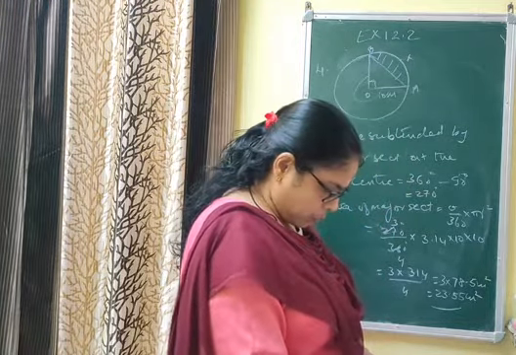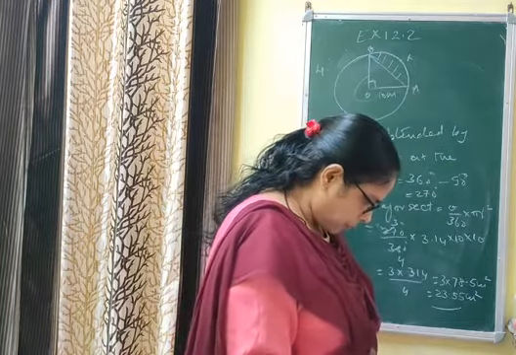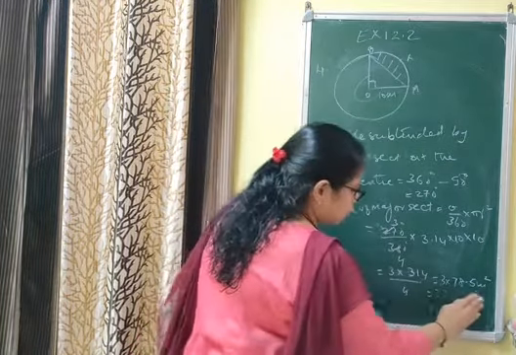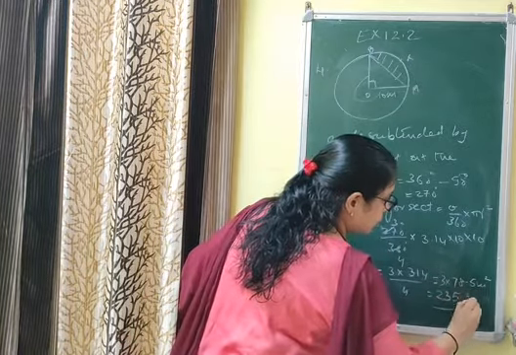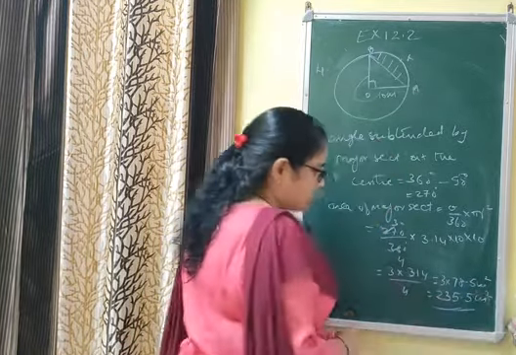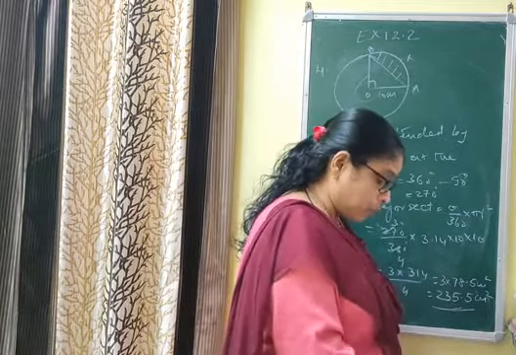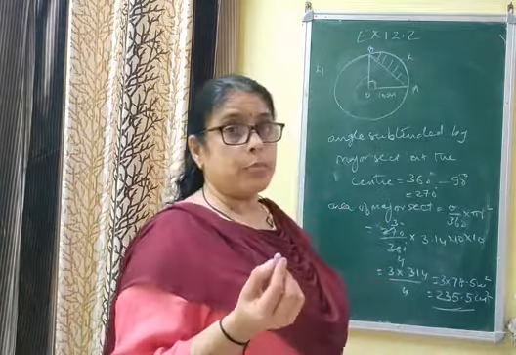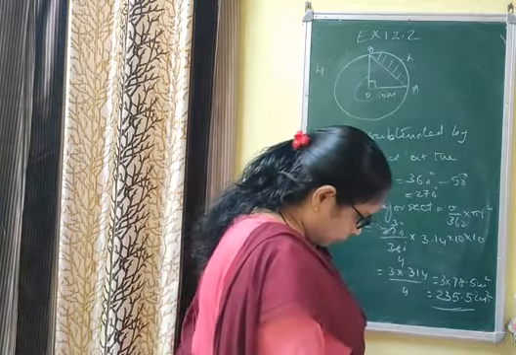Let me check the answer once more. The answer is, first part, it is 23, not 23, 235, sorry, 235. एक डेसिमल पॉइंट इधर से इधर नहीं होना चाहिए. That is why I am checking. 235.5 cm square. तो हर एक डेसिमल पॉइंट आपको अच्छी तरह ध्यान से करना चाहिए. एक डेसिमल पॉइंट गलती में पूरा क्वेश्चन गलत हो जाएगा. नेक्स्ट क्वेश्चन इज क्वेश्चन नंबर 5.